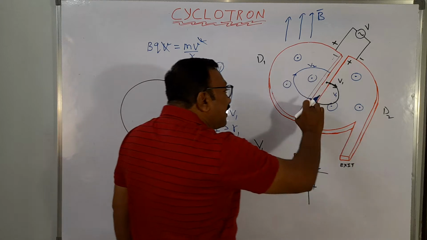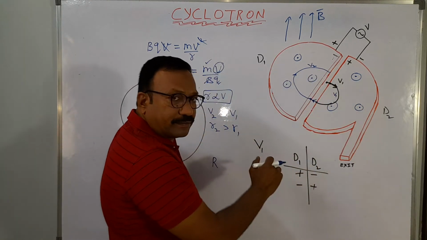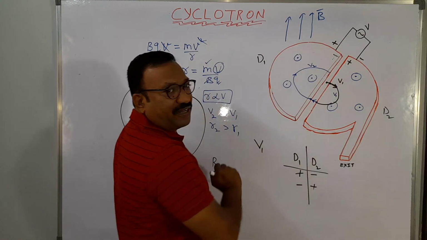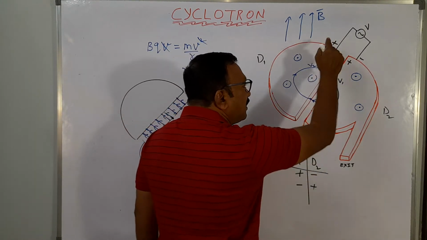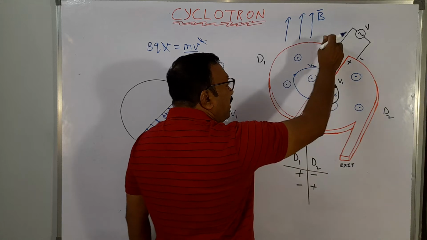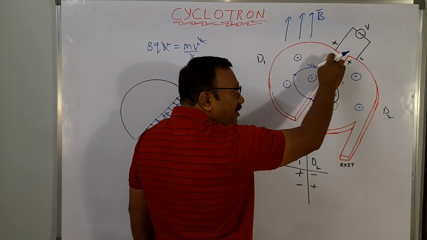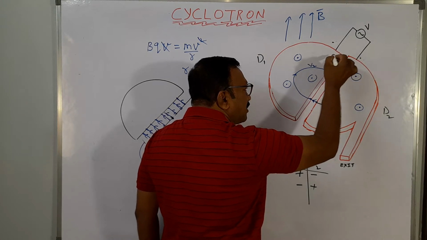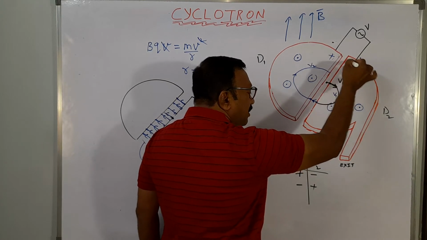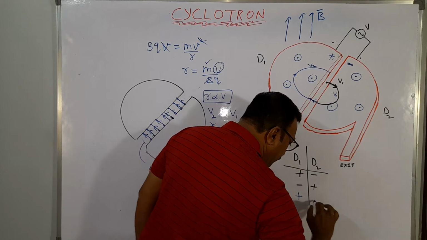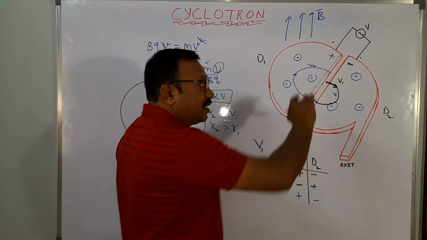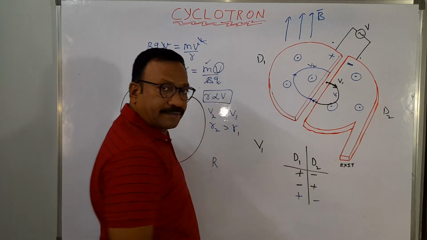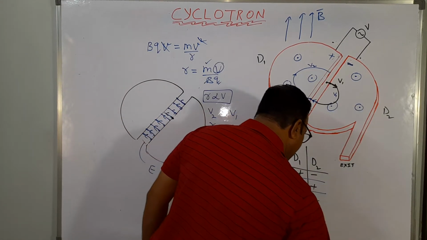Now once it is ready to enter between the plates, when it completes a half cycle motion, again the polarity is changed. How is it changed now? This was minus previously, right? This was minus, now this becomes plus. Now this becomes minus. I am writing here. This is first case. This is second case. Now third case will come. This is third case. This is how we are changing the polarities.